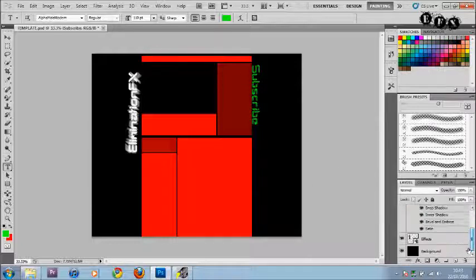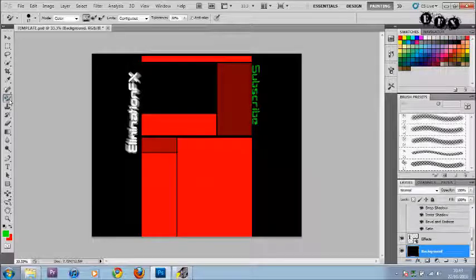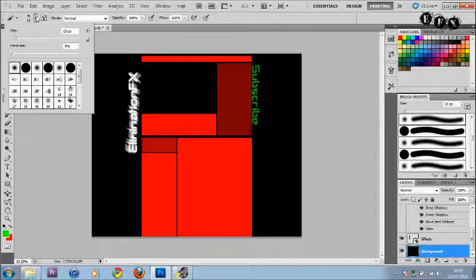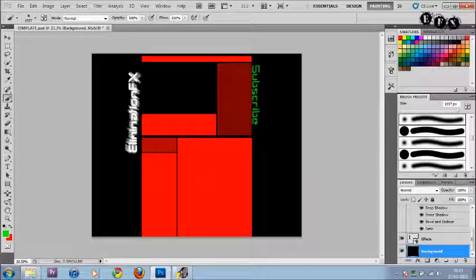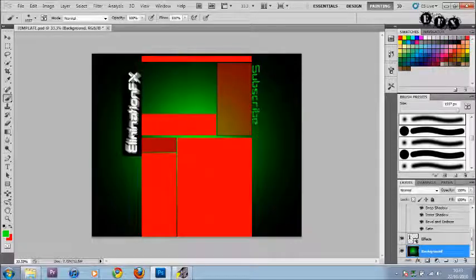Right, so I'm going to go back to the background, grab the paintbrush tool, and select a brush that is about 1900, I think, and I'm going to print it on the background. Choose whatever color you want. I'm just going to print it out in the background now, and then I'm going to change the effect for it,